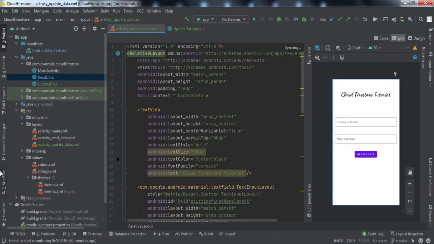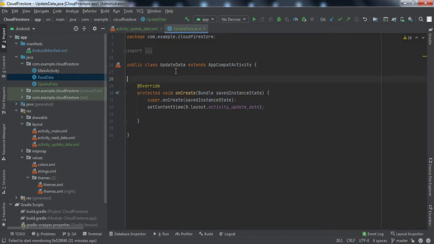Here you can see I have already made the design for the activity. We have two simple input fields and a button. There is nothing fancy about it, and we'll not be discussing this. I guess this is a very basic thing, you guys can do it. This is for illustration purposes only, and I know that you're not going to exactly replicate this. The main thing is the backend code, so we'll quickly dive into the backend code and see how to do this.